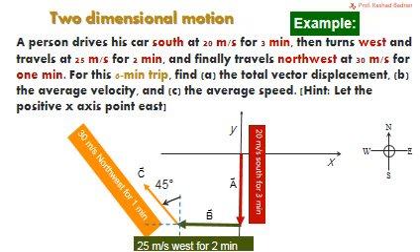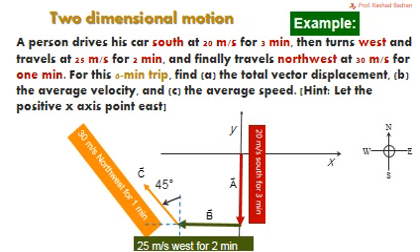And then he changes his direction to the west and starts driving with 25 meters per second speed to the west for 2 minutes time, and afterwards he changes direction due northwest, which obviously means 45 degrees north of west, with a speed of 30 meters per second, and it takes him 1 minute in